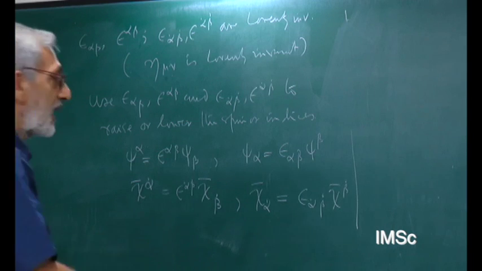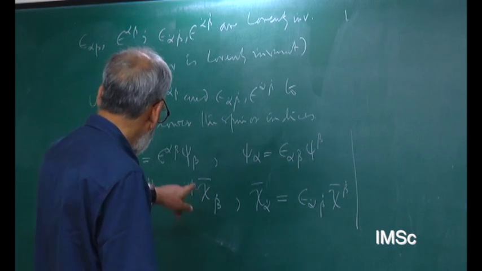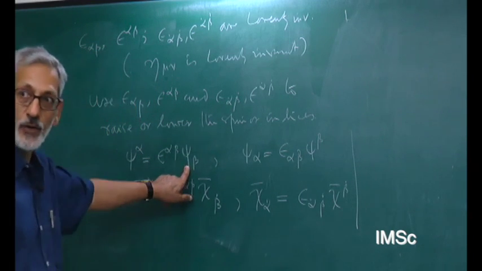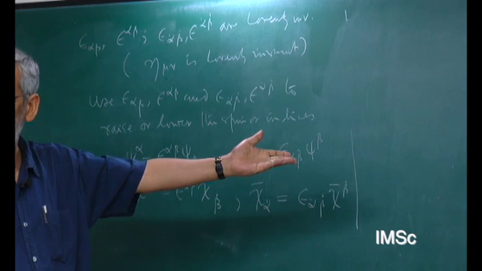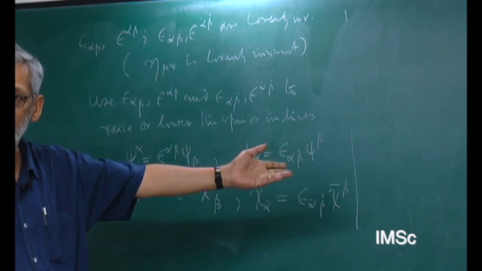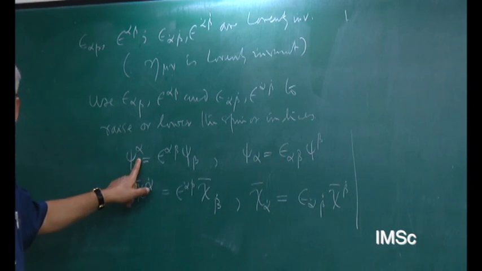I have rubbed off that portion, but we know how psi alpha down transforms, by just multiplication by small u. Let's check how psi alpha up transforms now